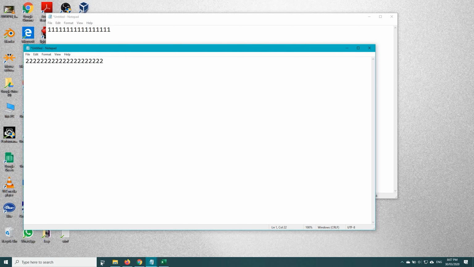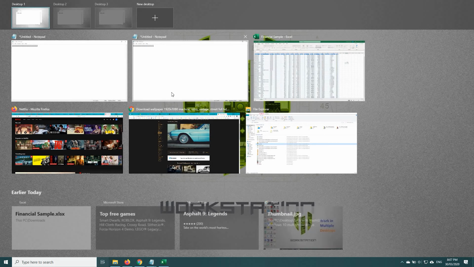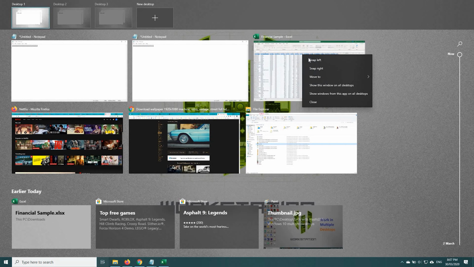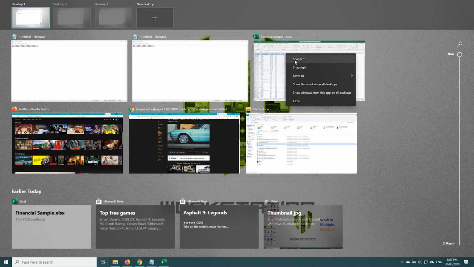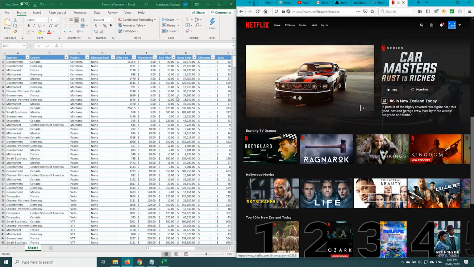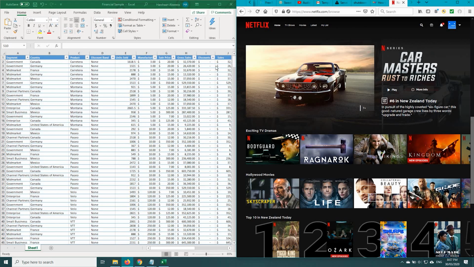There are 2 more features which I think I need to show you. The next one is pretty much basic, I think. If I have one of the documents which I want to work side by side with another document, you can right click on that and make it snap to left or right. So I'm clicking left, and this document will appear on the left, and as soon as I click on another program, it will appear on the right. I can compare between documents. Maybe that's the main